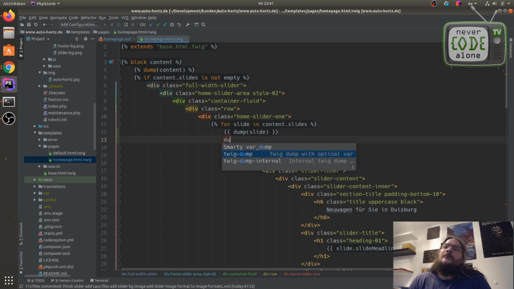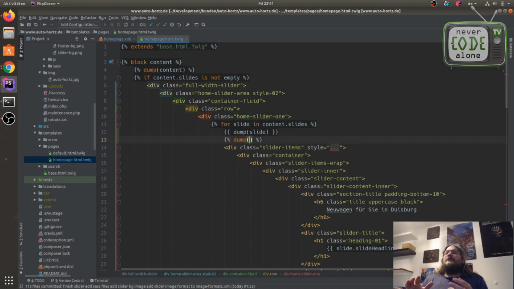The internal dump is writing things directly to the debug bar of Symfony down in the footer. Okay, that's it. The only difference is here is an output and this is a logical part. So I need this very often.